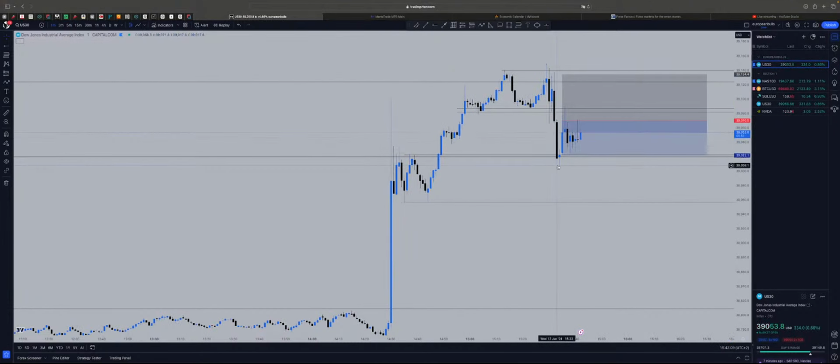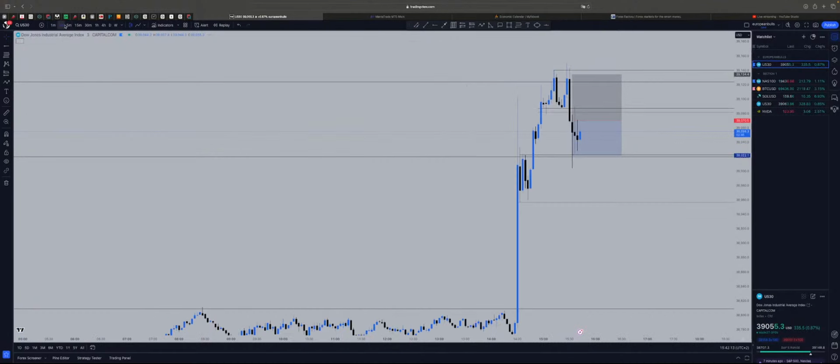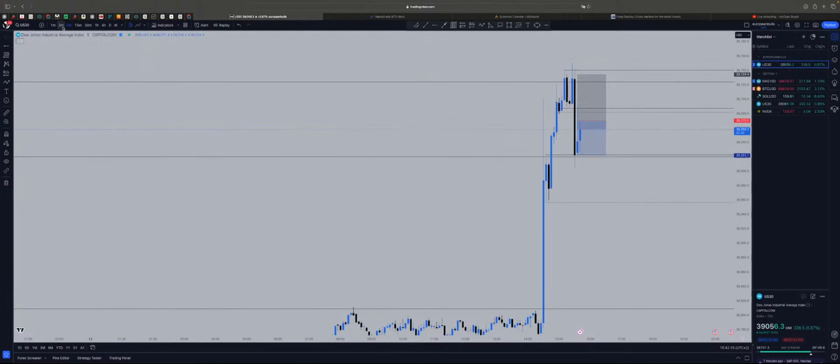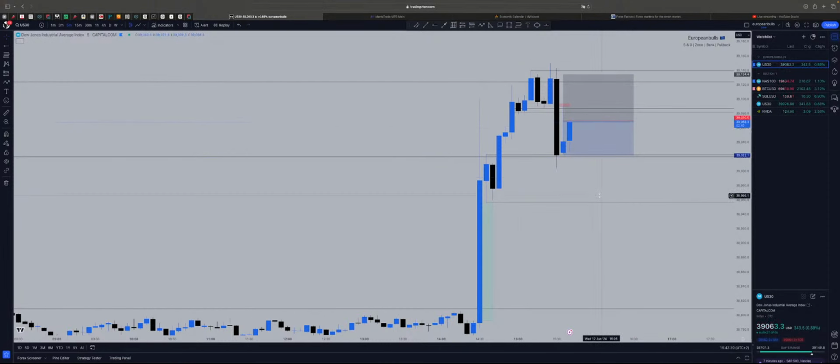In 1 minute you can see that there's a huge rejection from here, but I don't trust these 1 minute candles. We better stay on 5 minutes to see. 2 minutes 42 seconds left. The price is going in our reverse direction.